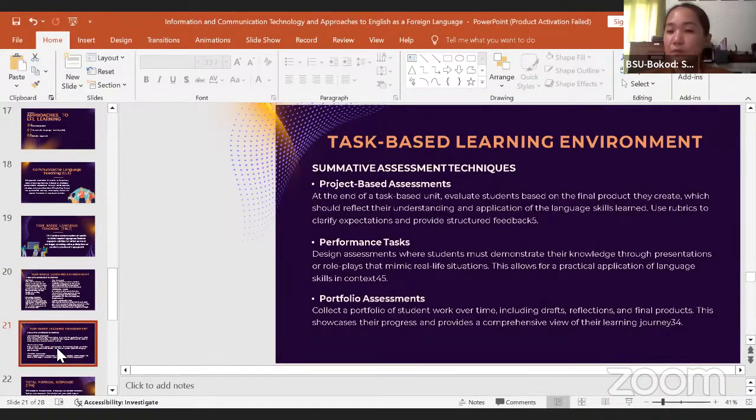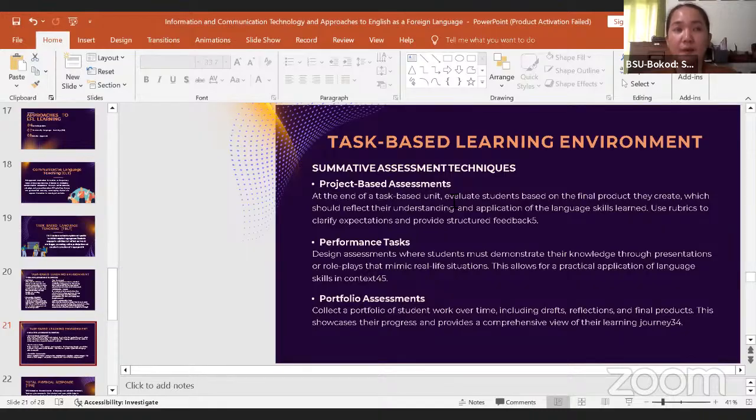Okay, there are also summative assessment techniques for a particular time. If you will give the major output, okay, it can be project-based assessment, it can be performance tasks, and it can also be portfolio assessment. Because at the end of the task, we evaluate the students based on the product that they have created. And this is already the overall.